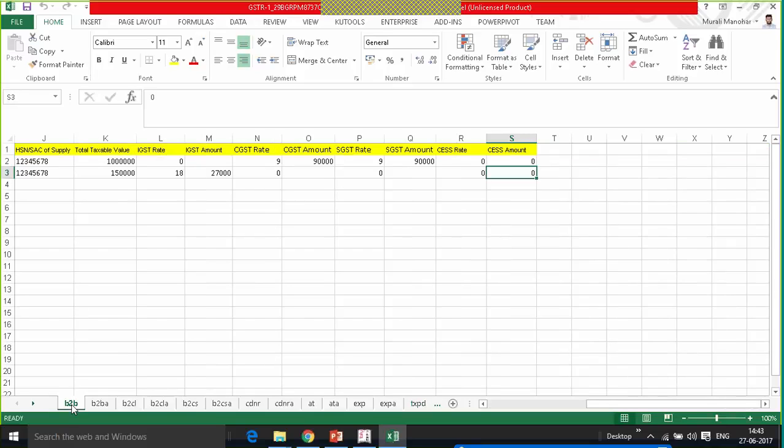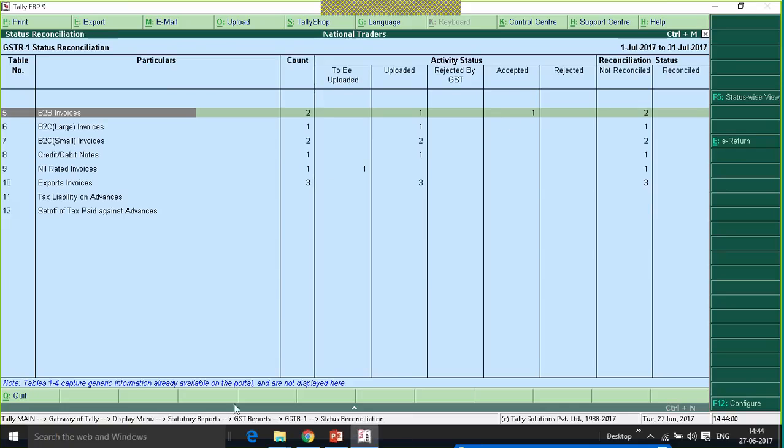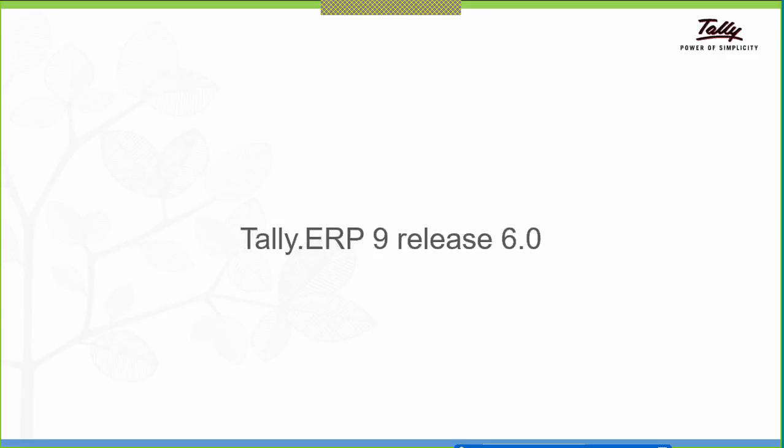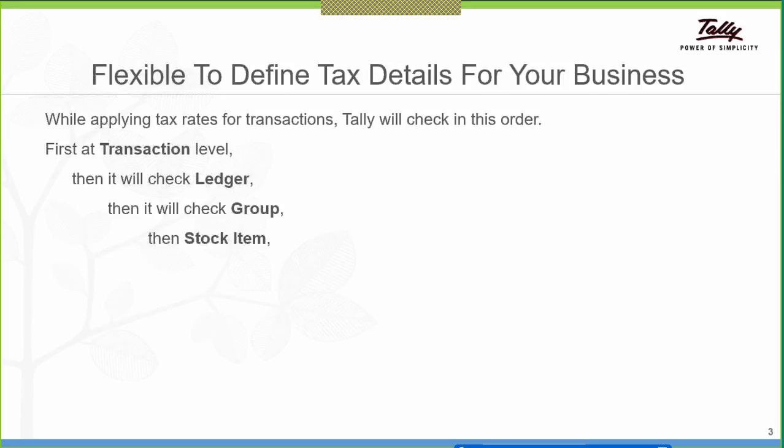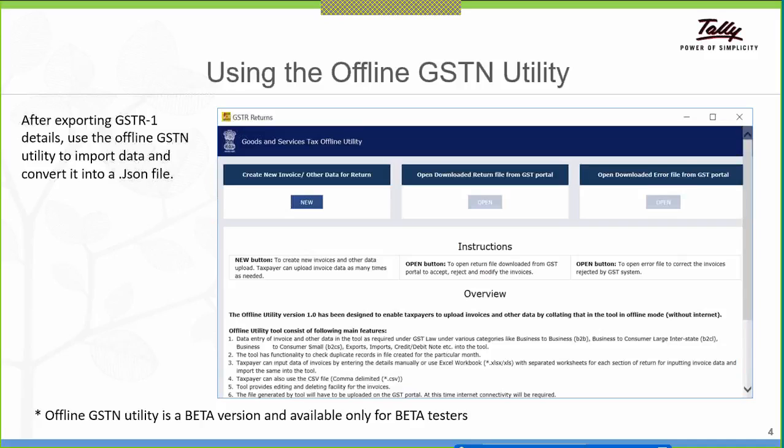To file the returns, the GSTN portal will accept the returns in .json format. The return file exported from Tally will be an Excel file, so this has to be converted using the offline utility tool downloaded from the GSTN portal.